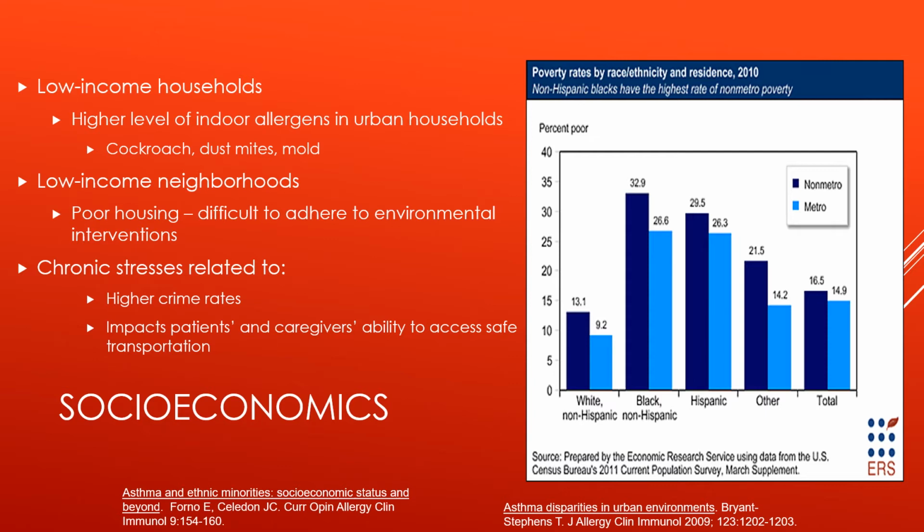For example, you could have cockroaches, you could have dust mites, you could have mold. You may have carpeting that you can't afford to rip up. One of the most common things any kind of allergist will tell you, you got carpeting at home, rip up that carpeting and put some hardwood floors or some linoleum, because that harbors all these dust mites and mold. Also, low income neighborhoods have poor housing. A lot of times they don't have HEPA filters in the heating system. They have other environmental issues going on.